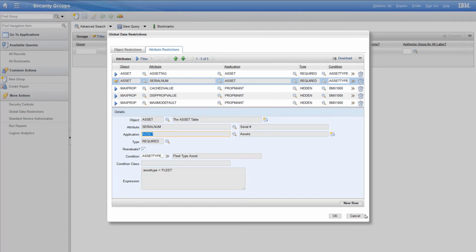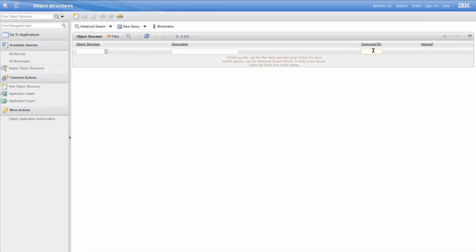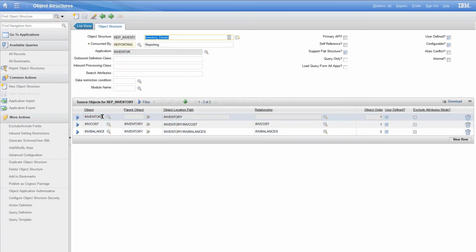Okay, we talked about the integration object structures. There are migration managers, actual integrations for interfaces, and reporting. Those are three types of object structures. We only really want to look at the reporting object structure in this particular case. And there it is, inventory. And there they are. So that's why when you go to build a report, you end up with this inventory cost, and balance. And what we really need here